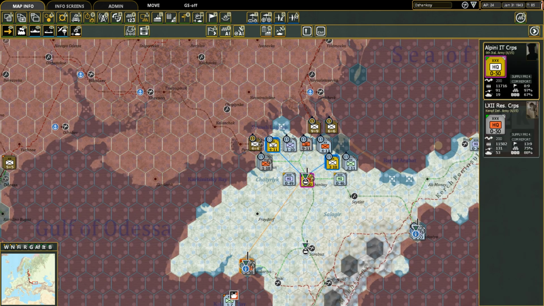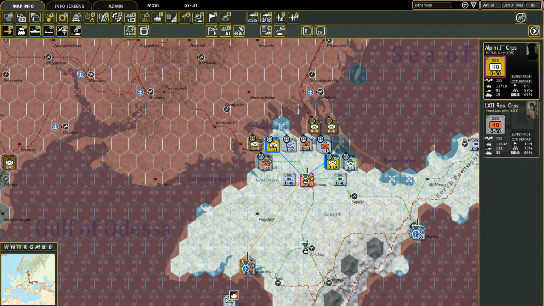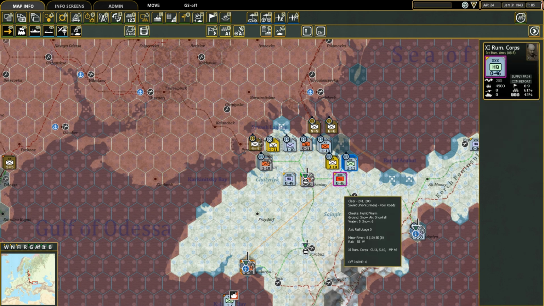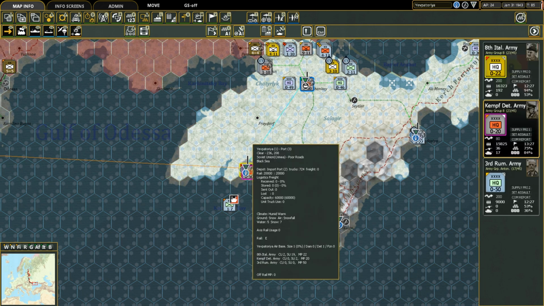In the reserve corps, we do have some. Out at the corps level, we've already got two StuGs, a Panzerjäger, anti-aircraft, artillery. These are the infantry divisions attached to it, and the mountain infantry. We're overstacked for this unit. You can see its commands here, but we'll change that soon. These guys are under his command. I'm going to keep all of this the exact same for a turn, but I am going to take...